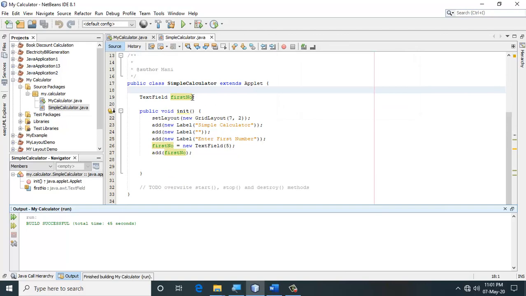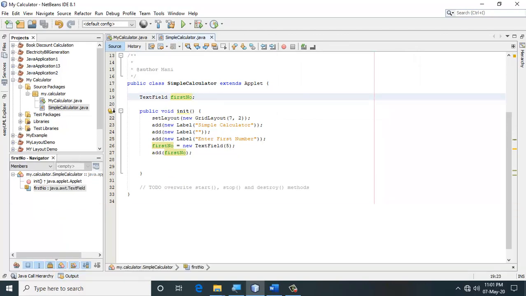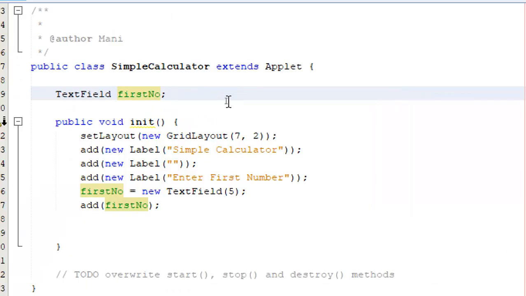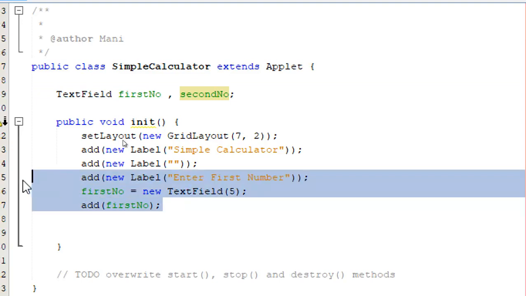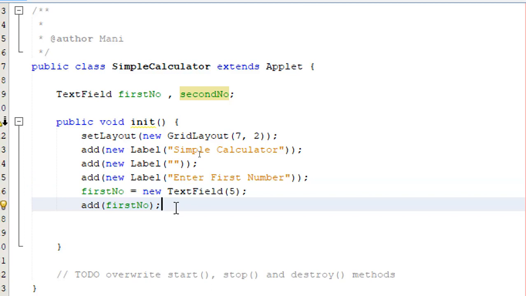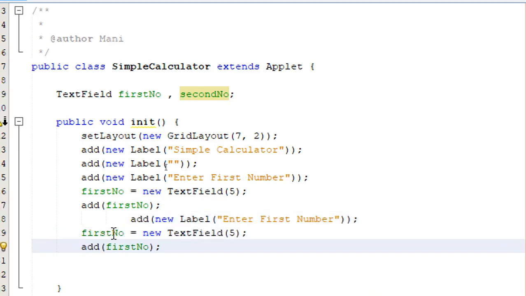In order for me to have a reference to my second number, I'm going to create one more field called secondNumber, and I will not type the whole thing again as it's going to take too much time. I have selected everything, Control C to copy and Control V to paste it.